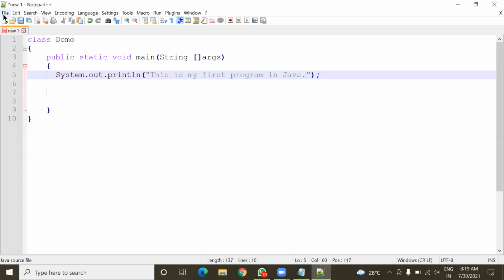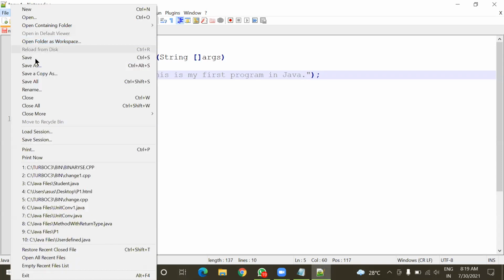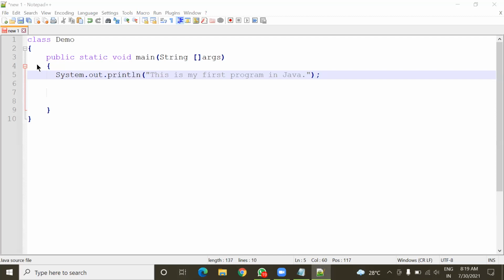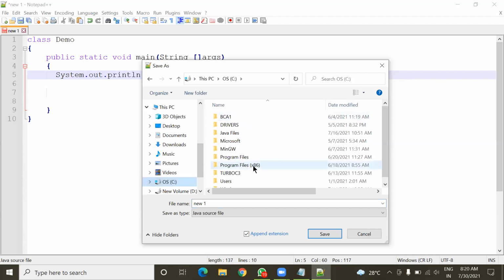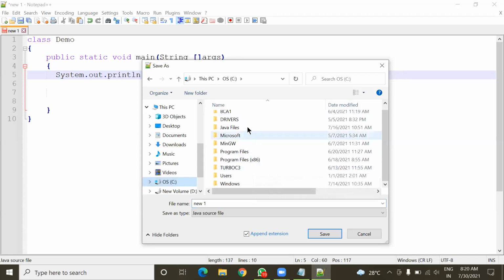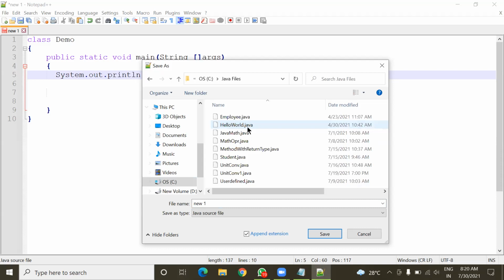The next thing I have to do is to save it. So, Save As, and here I have one folder in C drive, and the name of the folder is Java files. Here in this Java files folder, I'm going to save this file. And just see what file name you have to give.